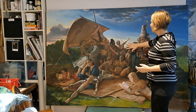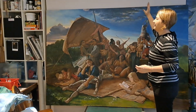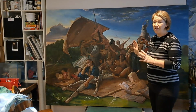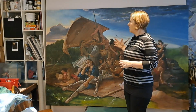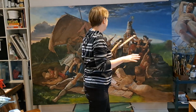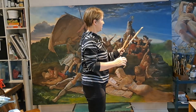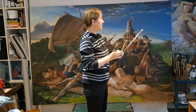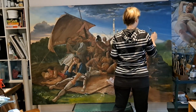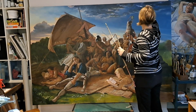So I'm going to sort out the background colour first and then lay the clouds on top. And then I can get on with the figures knowing that I've set the lighting. So the way I'm going to do it is I'm going to key the particular areas, like I did in the Amit video, I think I can put a link up here, when I was doing the background. So I'm going to set my colours,